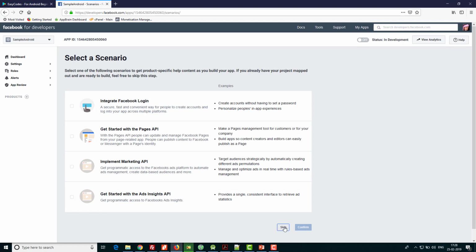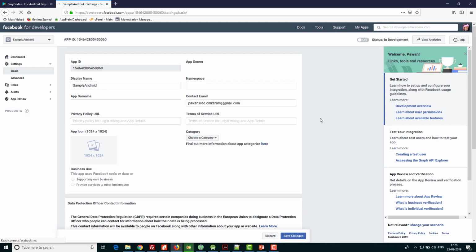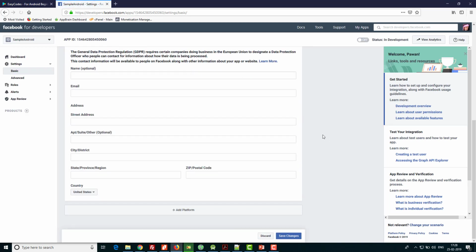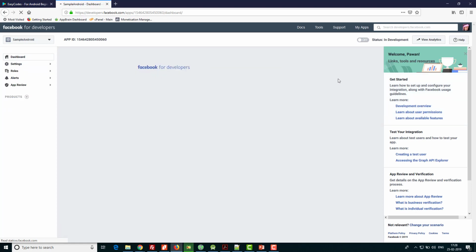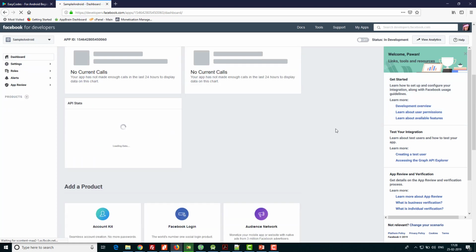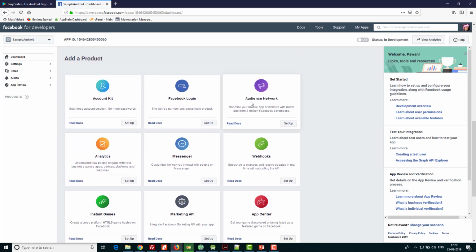You can just skip this one. Then go to the dashboard here. Scroll down and you will see an option called Audience Network. Just click on setup.